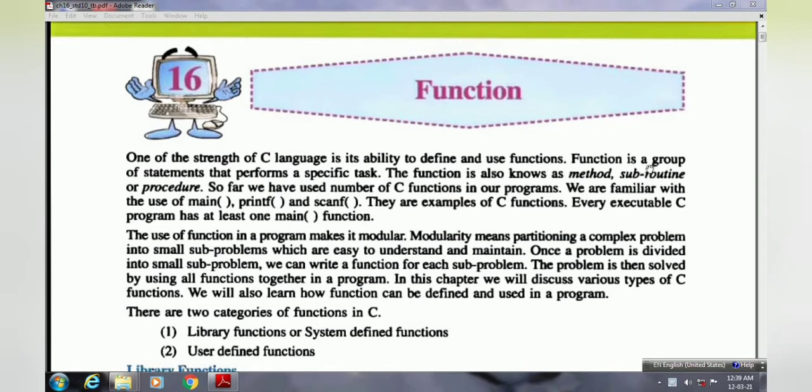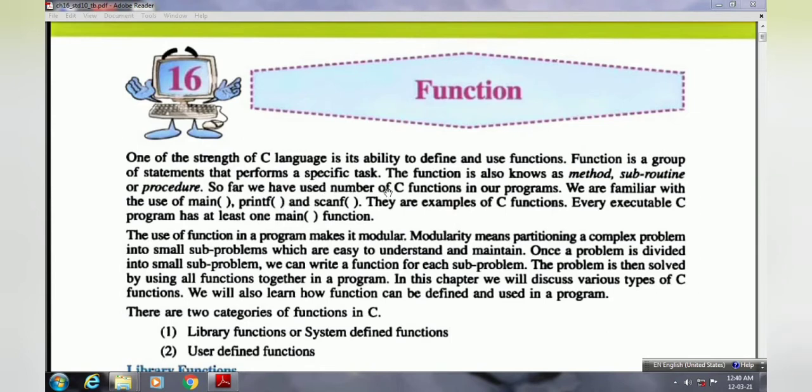So a function is a group of statements that performs a specific task. So what is the use of function? In the function we are writing some statements to perform a specific task, just like we write in our main function.